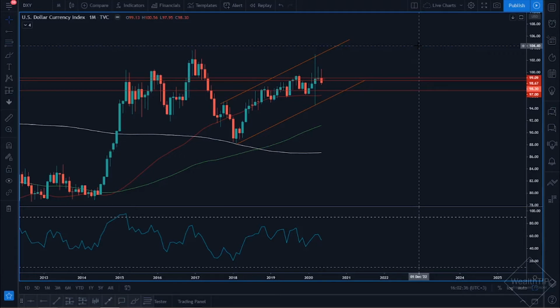Now, the pair that makes up the most of the dollar index is the euro dollar, and so what you're going to find is that when the dollar index is getting stronger, then the euro dollar will be getting weaker. And when the euro dollar is getting weaker, the dollar index is going to be getting stronger. So ultimately, they are inversely correlated. I just wanted to put that on the table so that you guys are mindful.